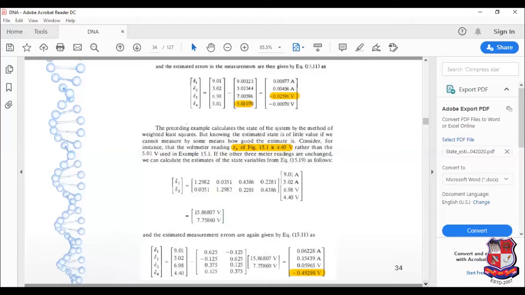So normally in our case or in state estimation, we have a higher number of measured variables and fewer state variables. So suppose we have 3 state variables and we have 5 equations. So 3 state variables can be derived by using any 3 equations. So which 3 are selected will be the main thing we need to identify, and that we will discuss while we discuss bad data identification and its treatment.